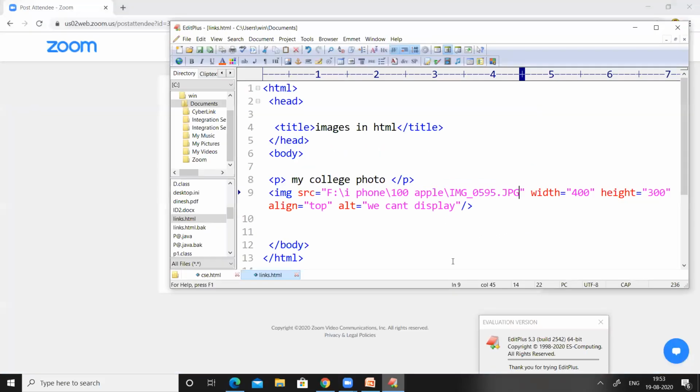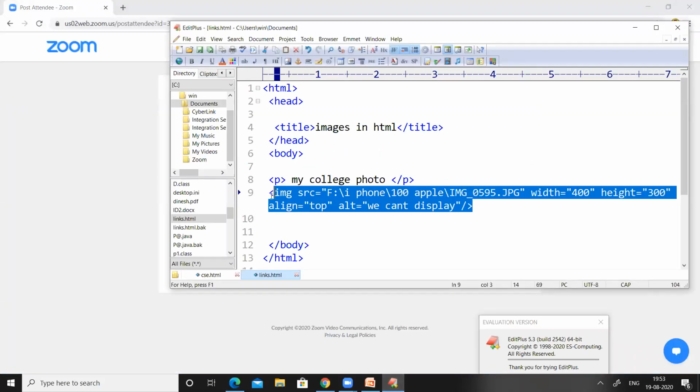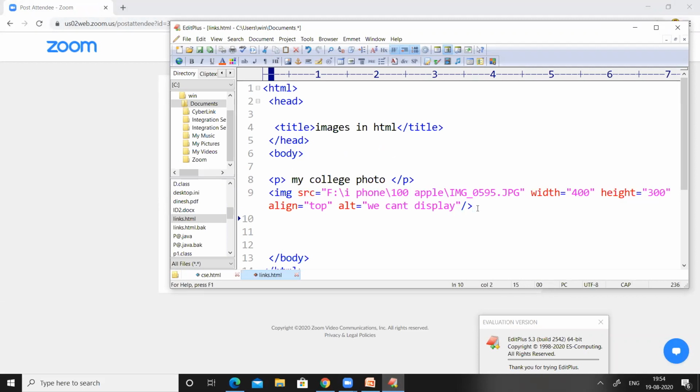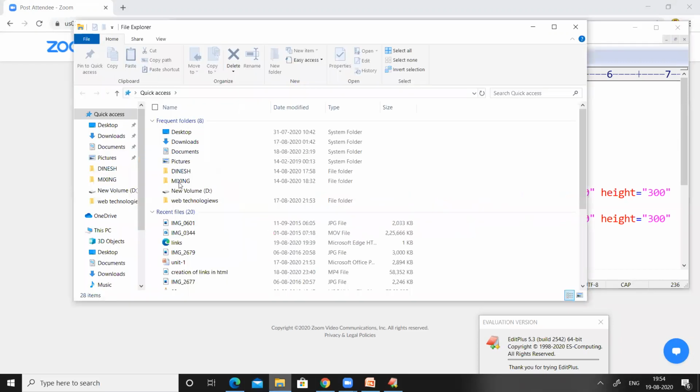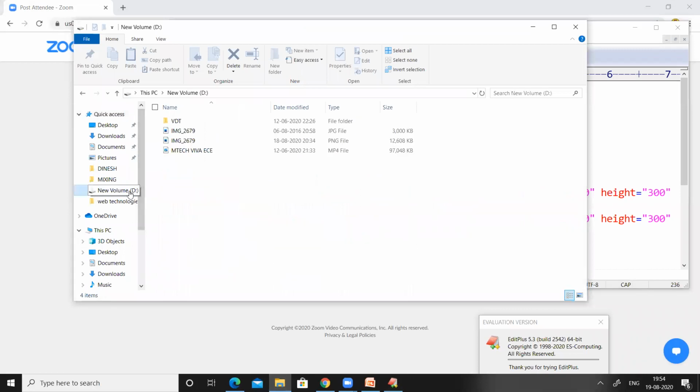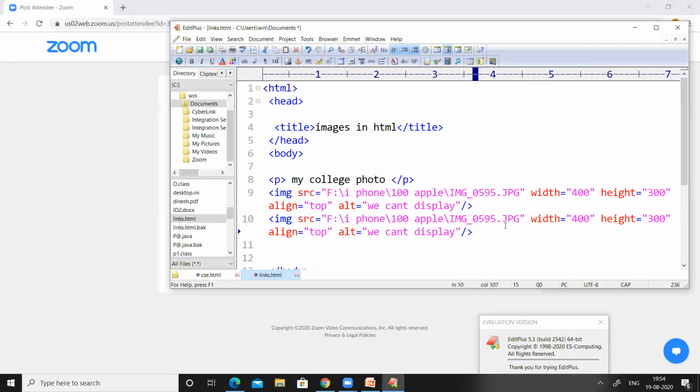Yeah, and at the same time we can also insert a few more images. Let us copy the entire code and just paste the code. Now let us consider one more image from that particular drive, because the path is already given. Or let us consider this one. In D drive we have img underscore 2679, and this particular image was located in D drive.